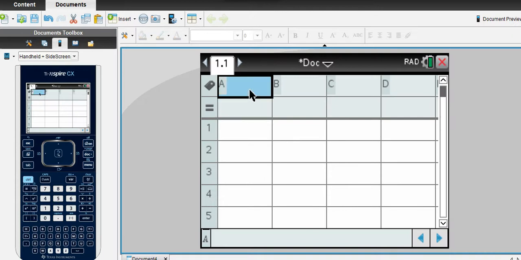And then make sure that you name your distribution. You can name it with whatever letter. I'm going to name it X for now, just because. And then I'm going to put all my numbers. So I'll put 70, 78, I'll put 78. I'll put them in column, not in row, right? In column, all the way down, all 80 scores.